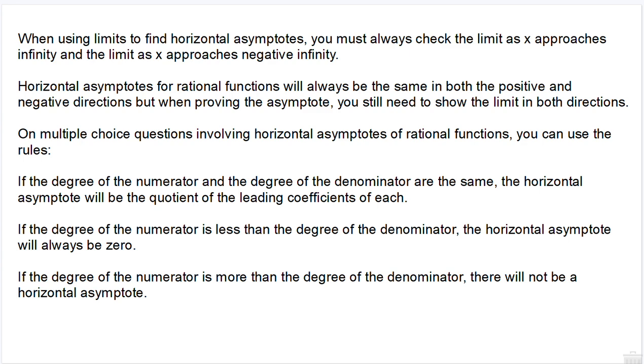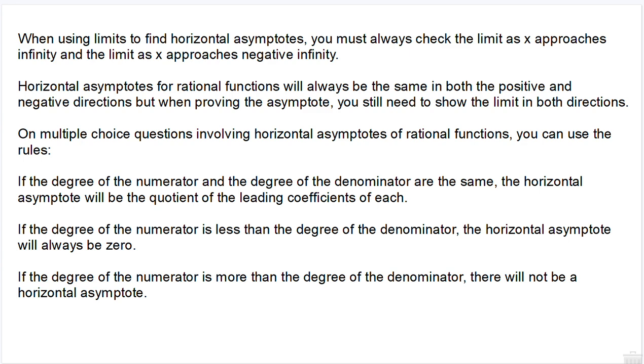But if you're proving that the asymptote exists, you need to show the limit in both directions. If it's free response, you absolutely 100% have to. If it was multiple choice, you can just make use of the rules that we hopefully already know from previous math classes about horizontal asymptotes. So